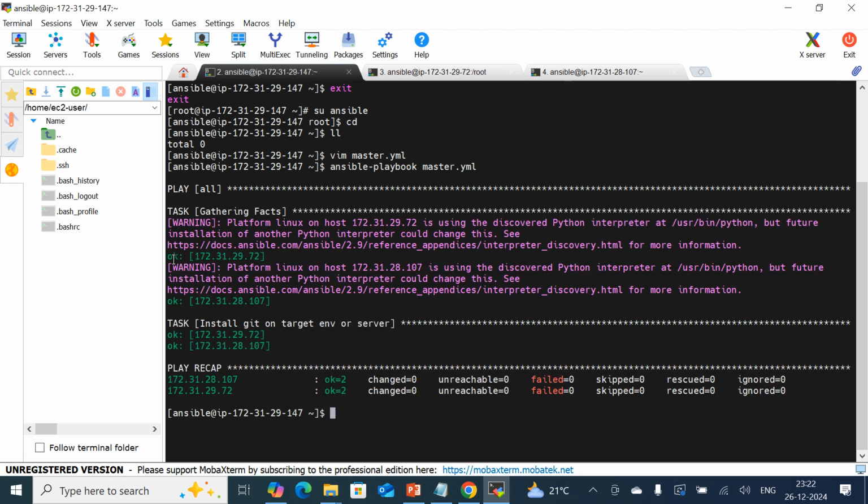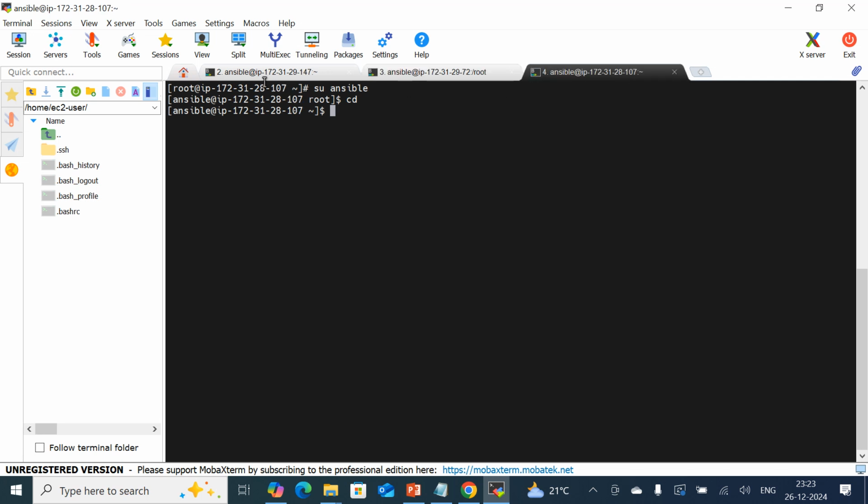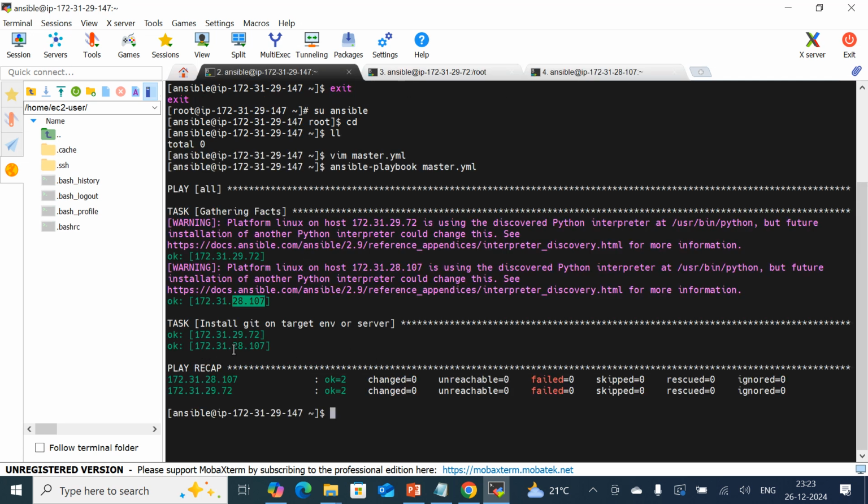Here if you observe the machines, it is going to execute on 29.72, and it is going to execute on 28.107. This is the dev server, this is the test server. Has it installed the Git package on the target environment or not? Yes. If you observe here, it is shown in green color. Whenever the package is already installed on the targeted server, it is shown in green color. Otherwise, it shows some other color like yellow. Okay, fine. Right now I had successfully installed,